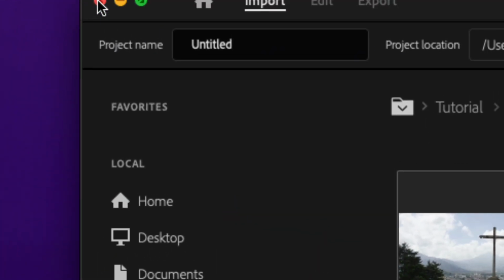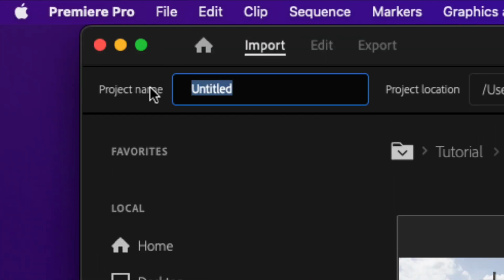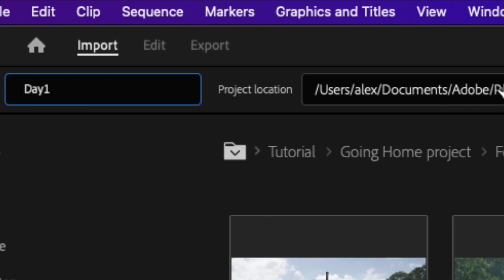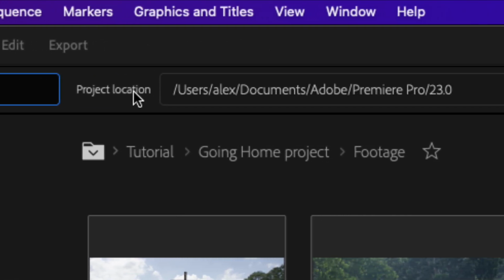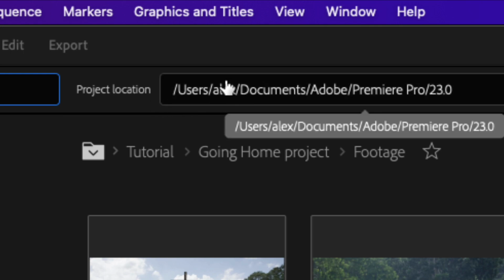First thing, on the top left, you will find your project name, okay? And this is gonna be my day one of Premiere Pro. But even more important than that, and please look at this. Look at how annoying this is, okay? Look at where the project is gonna be saved if you don't change it. It's gonna be saved inside your user, inside Documents folder, inside the folder called Adobe, and inside the folder called Adobe Premiere Pro, and a folder called 23. So you're not gonna ever find your project ever again in your life if you don't change this,